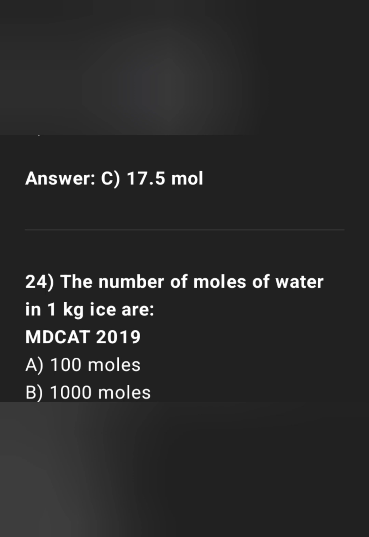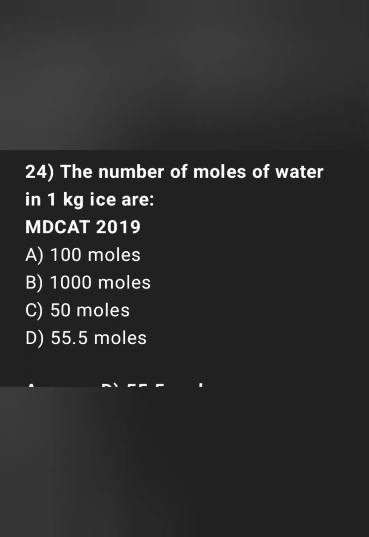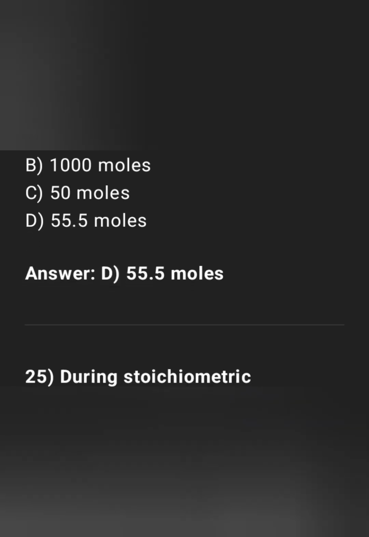17.5 moles. 24. The number of moles of water in 1 kilogram of ice are: A, 100 moles, B, 1,000 moles, C, 50 moles, D, 55.5 moles. Answer: D. 25. During stoichiometric calculations,